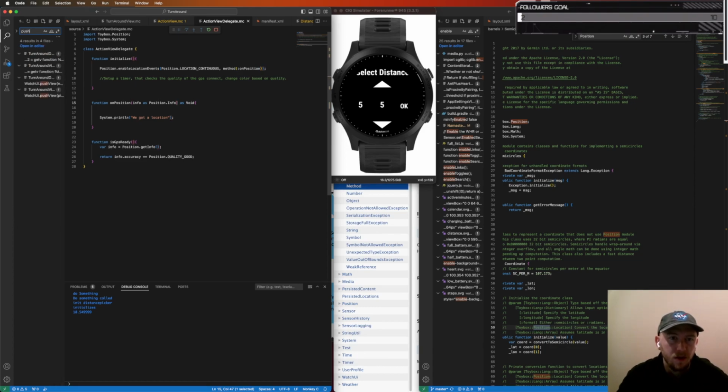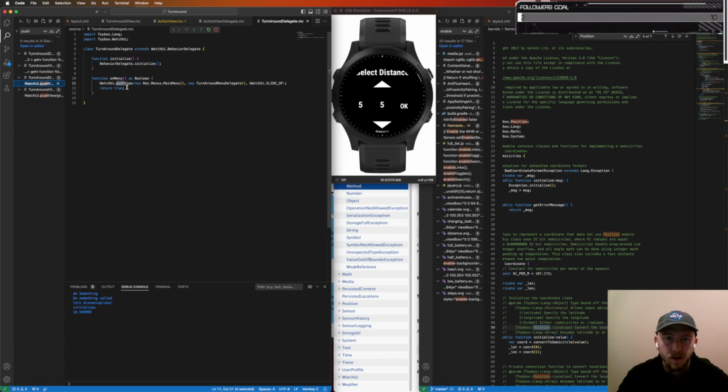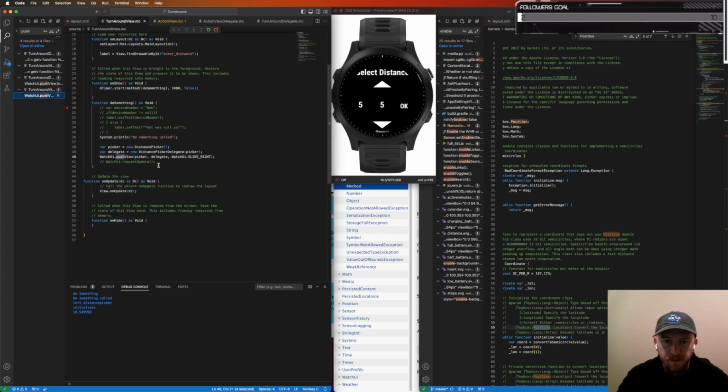Push view. Okay, watch UI.push view. Turn around delegate. What? Why do we have that? Here, push view. So, okay, here's an example of when we want to